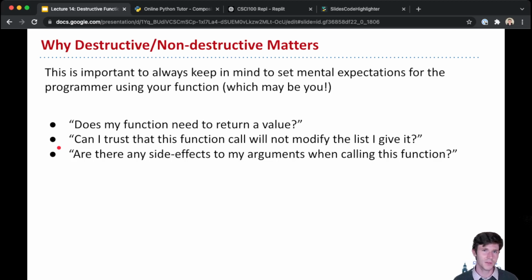Whereas for non-destructive functions, you can count on there not being any side effects, at least to the input values. The input values won't change. Maybe the function will return something new, or it'll print something out, or write to a file, but it won't modify the given values. In fact, if we had more time in this class, I would talk to you about